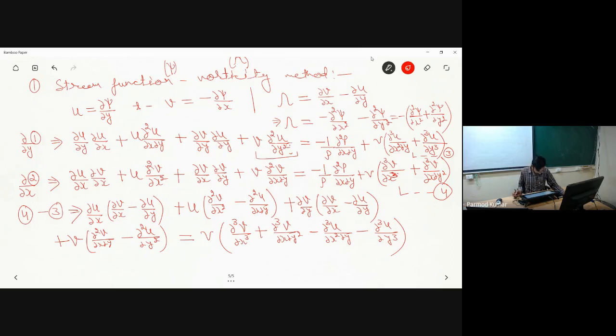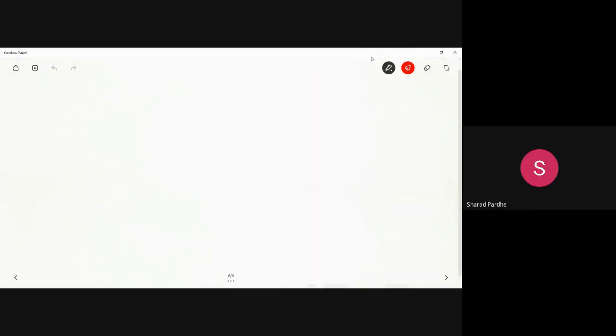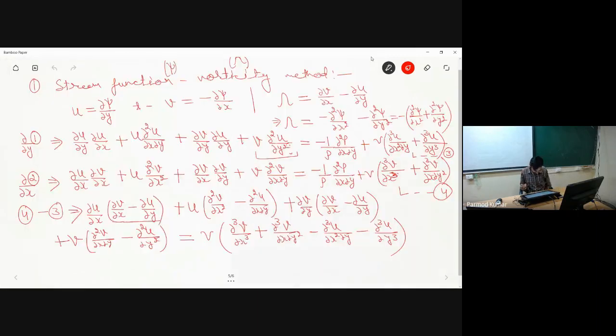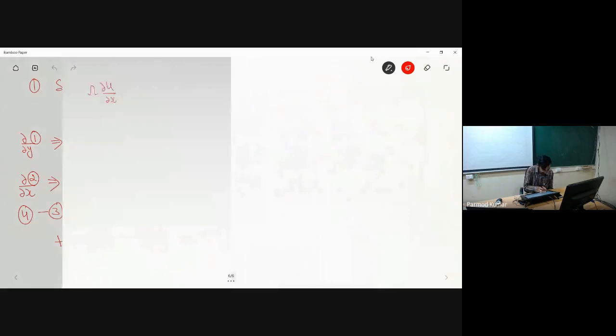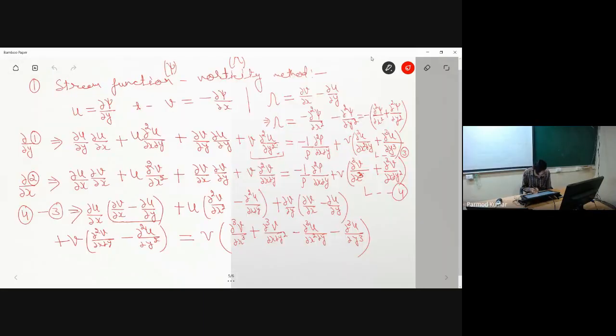Okay. So now can you relate some of these terms to your continuity equation? Can you relate different terms to the continuity equation? First, what can I write for this term, del v by del x minus del u by del y? Vorticity. So I can write omega times del u by del x as the first term. This point is clear? Plus u times,